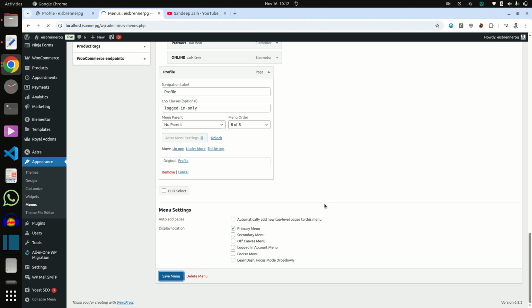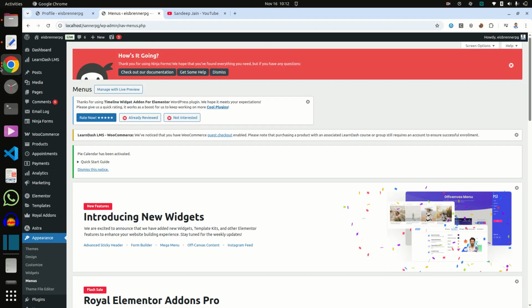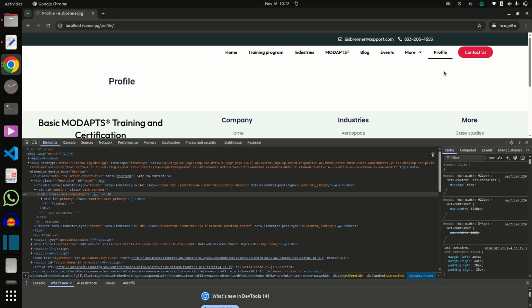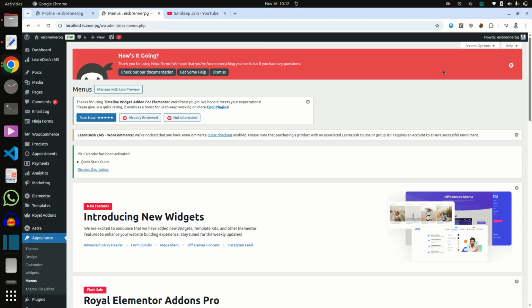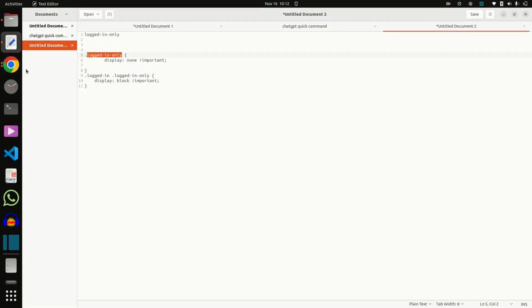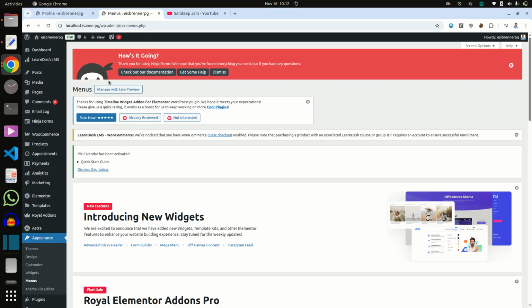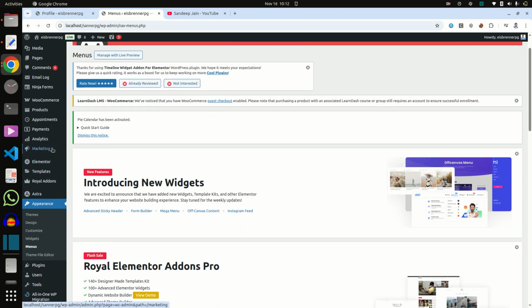So now if I check, it is showing in both cases, for logged out user and logged in user, because I have not added any CSS for it. So first I am adding display none, because I want to hide this menu for all.